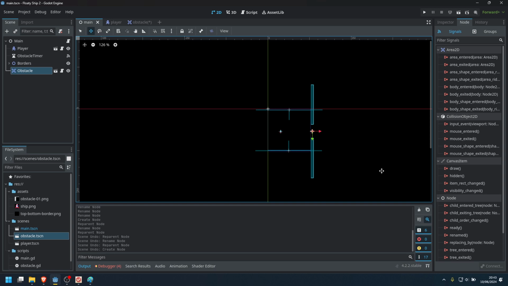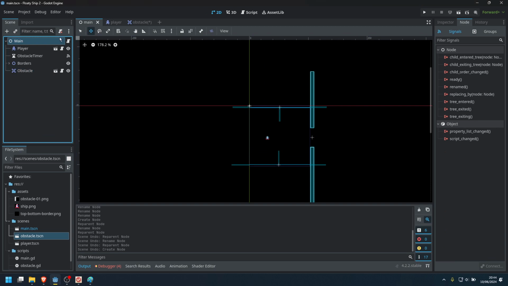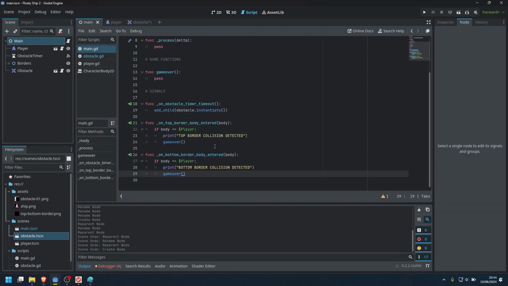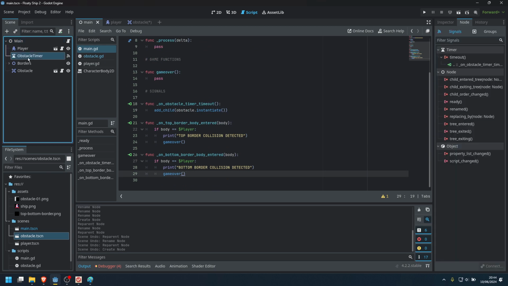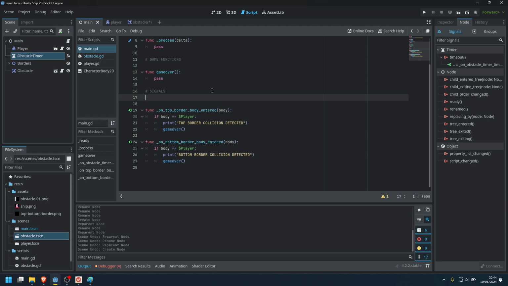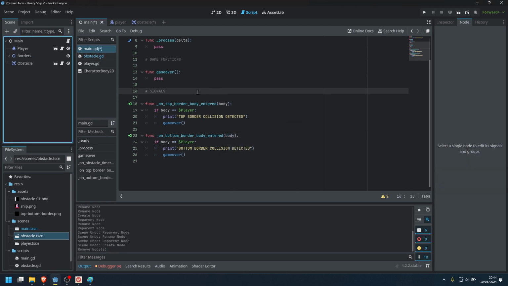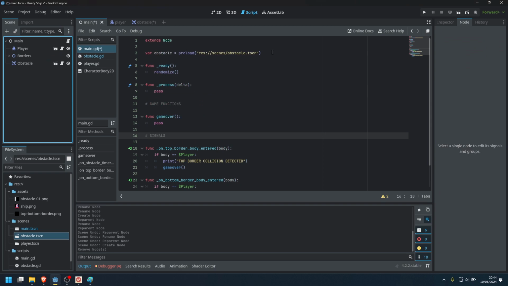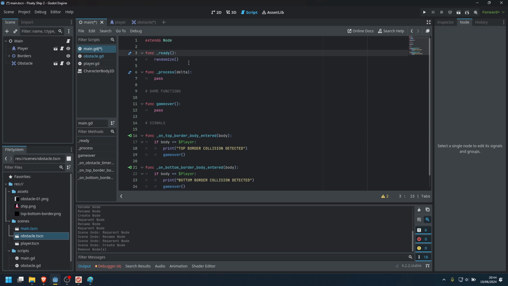So let me see. I will need to edit the script here, as we don't need to generate this anymore. So let's remove the obstacle timer for a moment. And we don't need to preload these. Maybe we still need to randomize, so